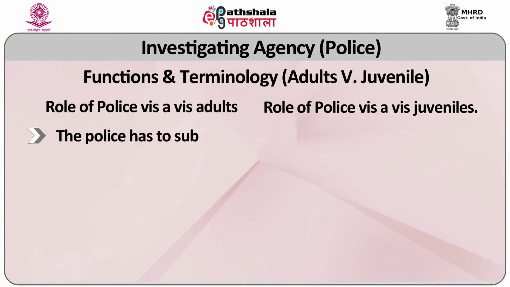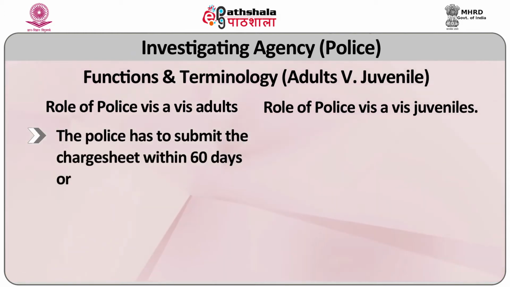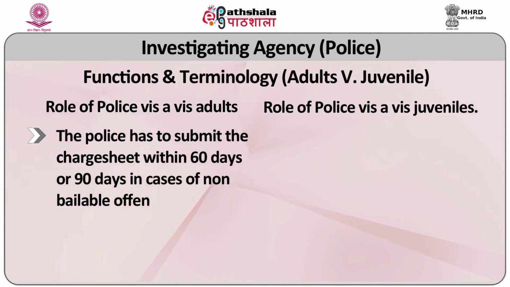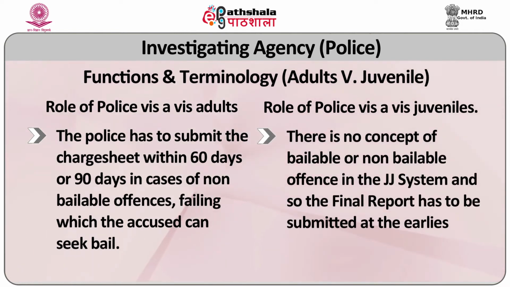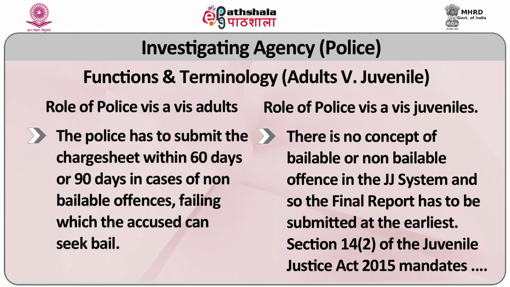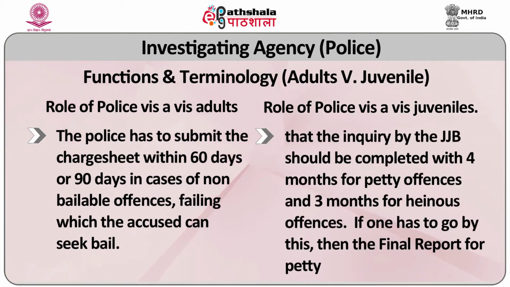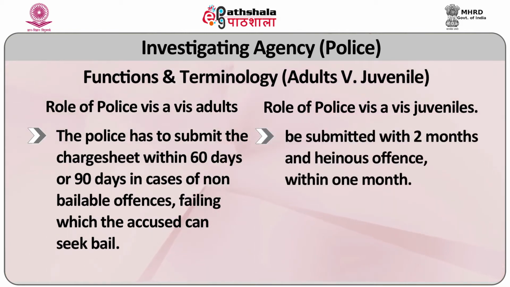In the adult system, the police has to submit the charge sheet within 60 days, or 90 days in case of non-bailable offence, failing which the accused can seek bail. However, there is no concept of bailable or non-bailable offence in the JJ system, and so the final report, or the charge sheet is called the final report, has to be submitted at the earliest. So, these are some of the differences in the adult system and the JJ system with respect to the